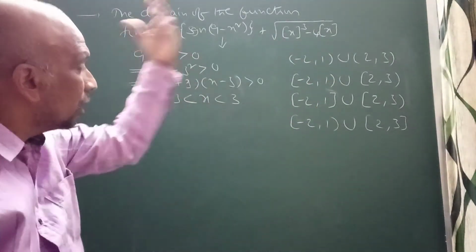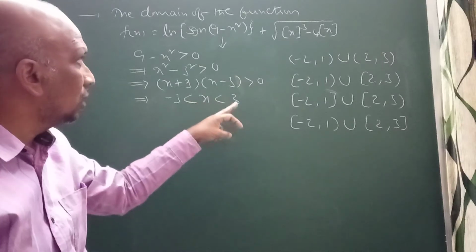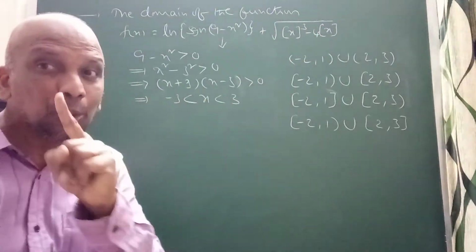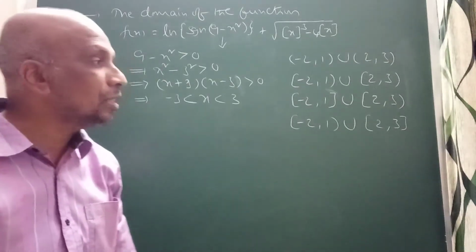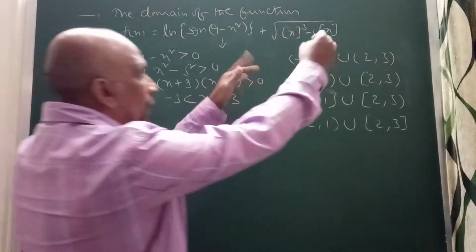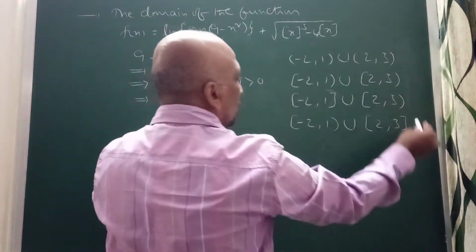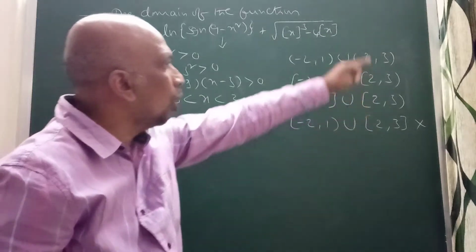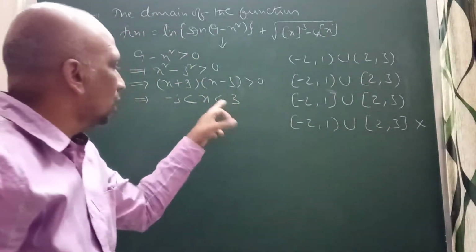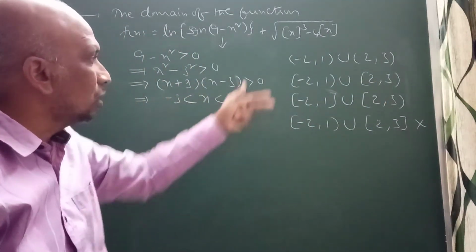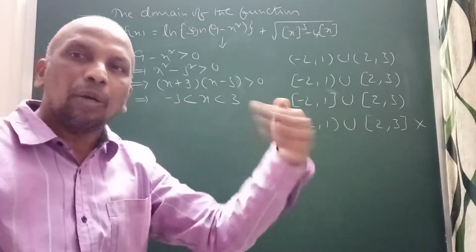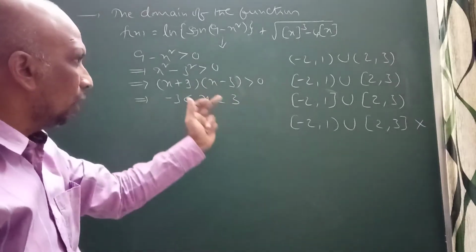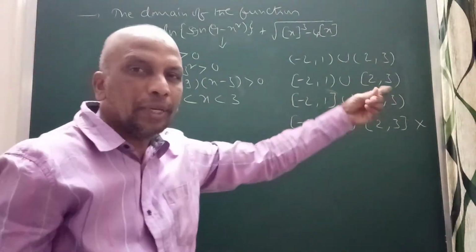Just look into this one, you can decide. Minus 3 less than x less than 3. You will find the domain of this. The x value lies between minus 3 and 3 and should not include 3, right? Should not include 3 means automatically including 3 I can eliminate. I don't want the fourth option. Including 3 is not there, so excluding 3, the answer may be here only. I can eliminate the fourth option. So 3 should not be included, so definitely you can eliminate this.